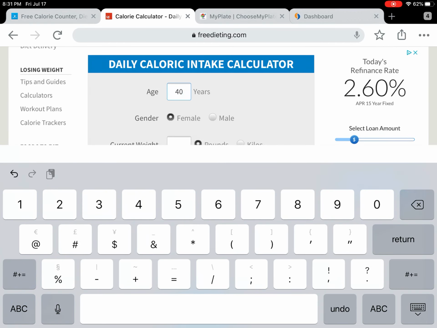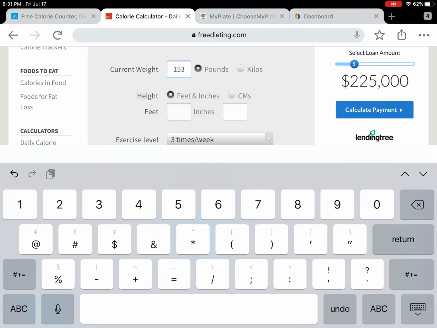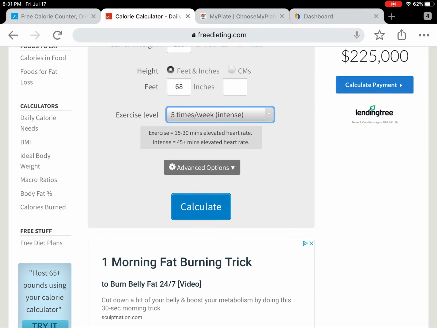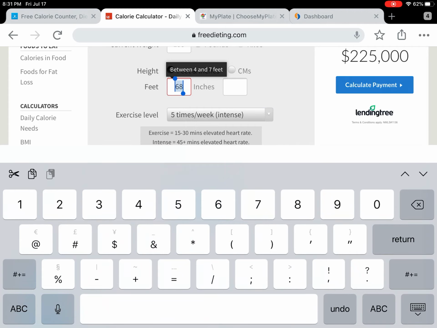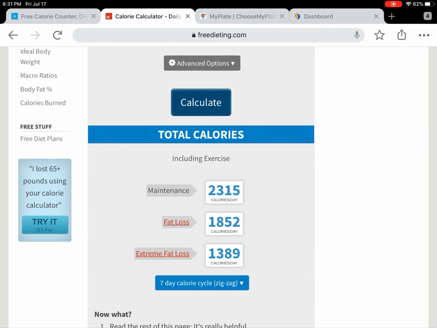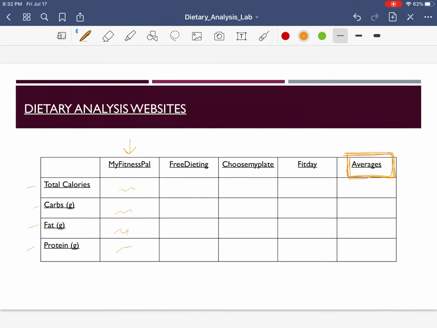What the hell, I'll do it because I just want to, they keep changing these websites. So 68 inches, and I exercise 5 times a week intense. Calculate. Oh, I see. So it wants 5 feet, 8 inches. Okay. So this is going to give me a number of calories for maintenance. 2,315. So I'm going to go back here, and I'm going to put into here